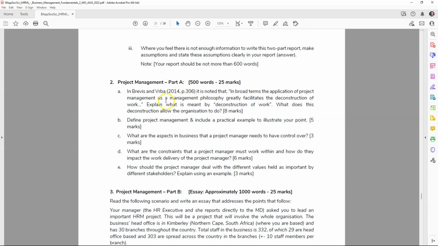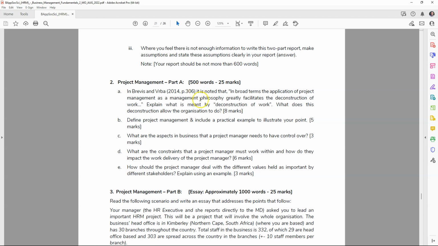Project management, the same thing, quite explicit. For example, this deconstruction of work is a specific issue that's described in the textbook, and I'm referring you specifically to the textbook.